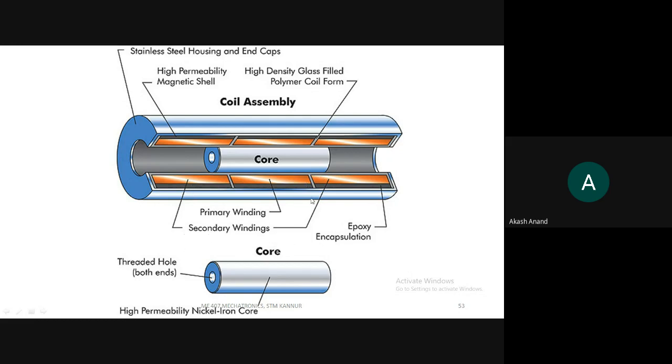You will get only 0 EMF because both windings produce equal magnitude of induced EMF or current. When the core is at mid position, no net EMF is produced. Actually here it is producing in one direction and here in the other direction, but at the output you are getting the resultant, that is, plus and minus get neutralized.